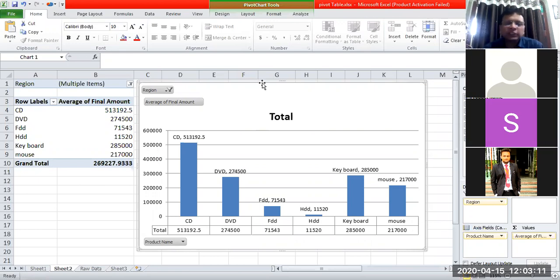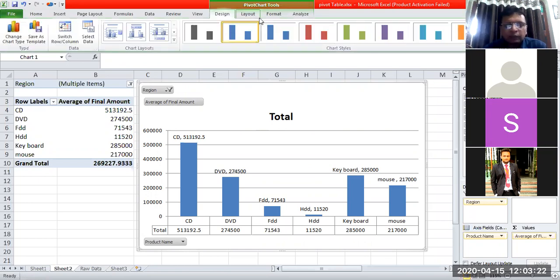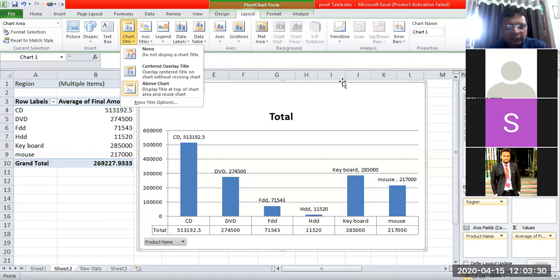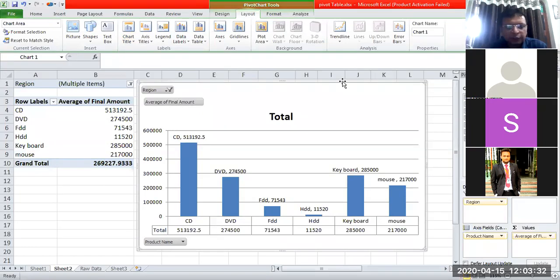some of the things that we are doing here that can also be done in the normal charts as well, right? जैसे कुछ चार्ट के आपके ऑप्शंस थे जो आप लोग को शायद नहीं पता होंगे। Go to the layout, on the layout it is showing you chart title. अगर आप चार्ट का टाइटल दिखाना चाहते हैं या नहीं दिखाना चाहते हैं, that can also be selected from here. चार्ट टाइटल ये जो होता है हमारा यहाँ पे, you can modify that also, right?